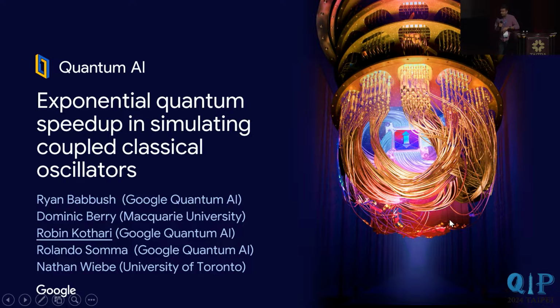I'm going to be talking about an exponential quantum speedup for solving a classical problem. It's going to be a classical problem about simulating coupled classical oscillators. If you don't know what that is, that's okay. I also did not know what that was before we started this project, and I'm not really going to explain what that is. So I'm just going to take a specific example of a coupled classical oscillator system for this